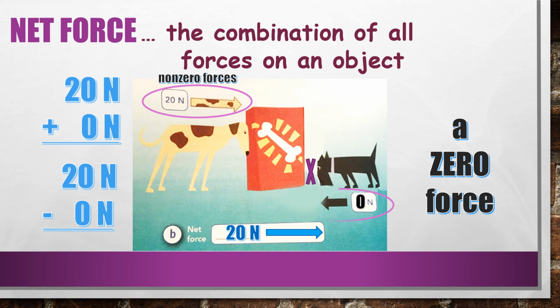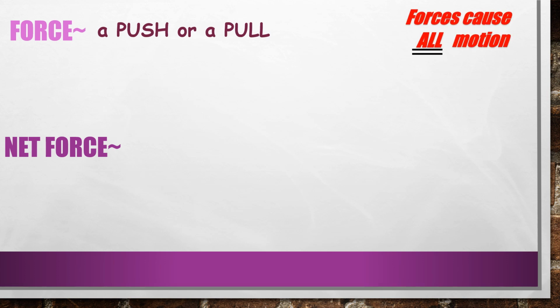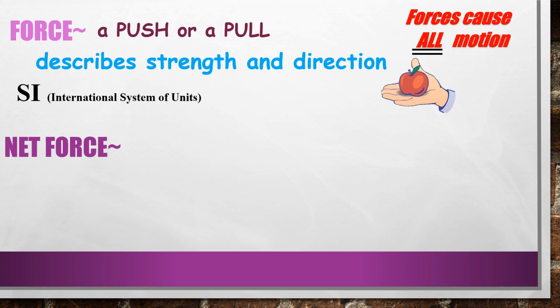Hopefully all this was really easy to understand. Hopefully it wasn't difficult at all. So just to recap the idea of forces, forces is any push or pull, and forces are what causes all motion within our world, within our solar system, within the universe, galaxy, and everything. When I talk about forces, I need to be able to describe its strength. Once again, we have a label for that, and the direction that it goes with an arrow. So if I know that my SI, my International System of Units, is the Newton, then I would label the force. When I drop that apple, we could say that it was 1 Newton, and the arrow goes down.